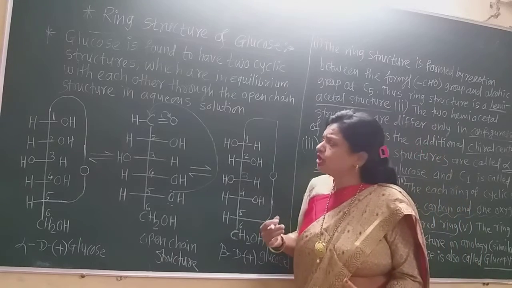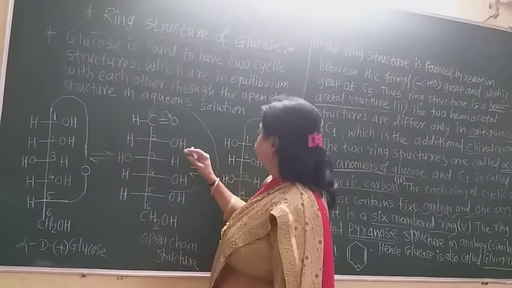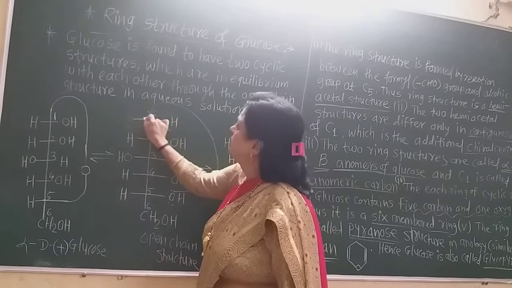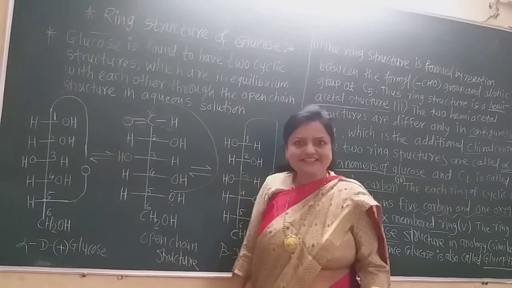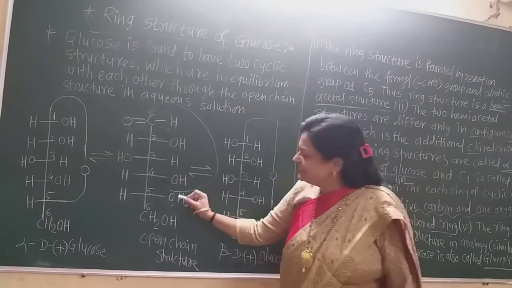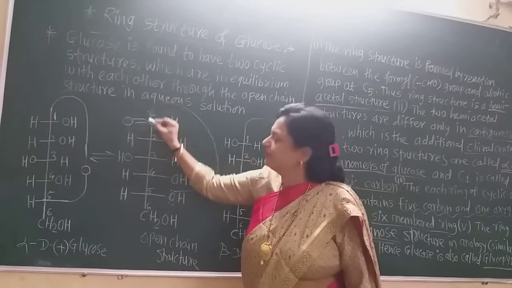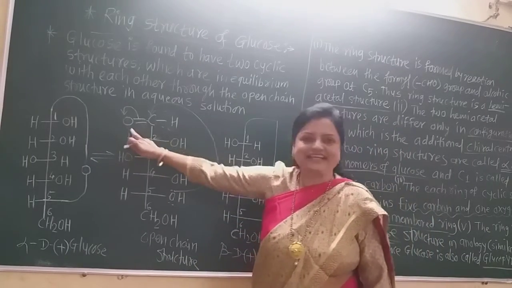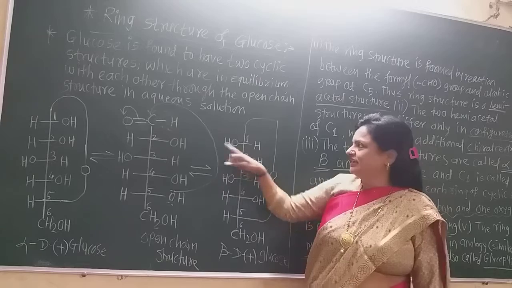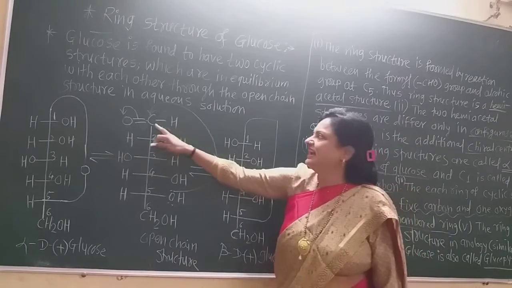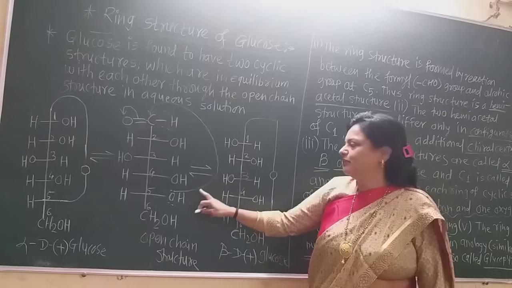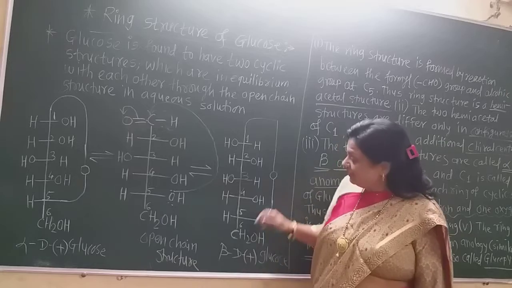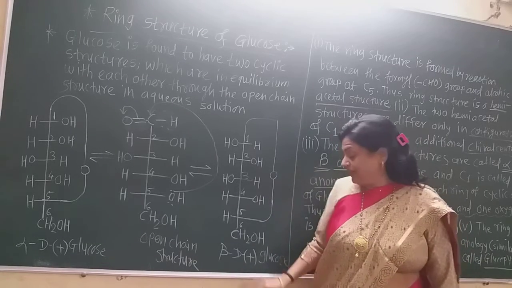Now suppose hydrogen will be here, and the double bond joined by oxygen is here. Then what happened? When this lone pair attacks this carbon, one of the bonds shifts onto this oxygen, and the hydrogen atom gets attached to that, so such an OH is formed. Here is this hydrogen, and again there is bond formation between the C1 carbon and the oxygen atom of the C5 carbon, and we will get beta D plus glucose.